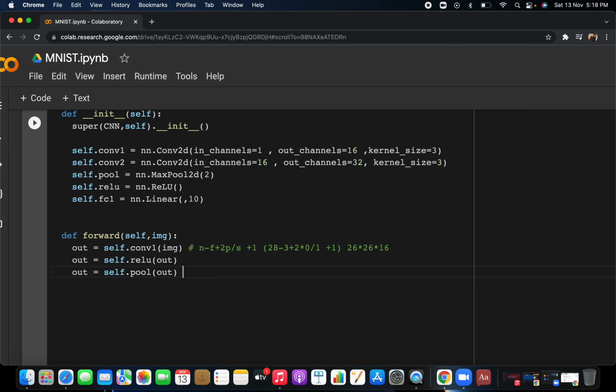So what will be the output for that? It's basically divided by 2, because the kernel size, the filter size, of this max pooling is 2. So you are dividing the whole image by 2, but the number of channels will not be divided. 28 cross 28 was the output after performing the first convolution layer.